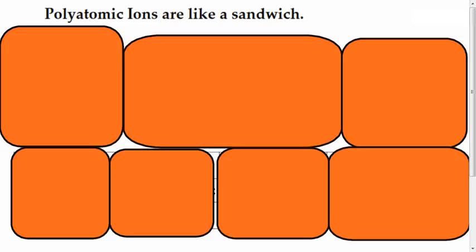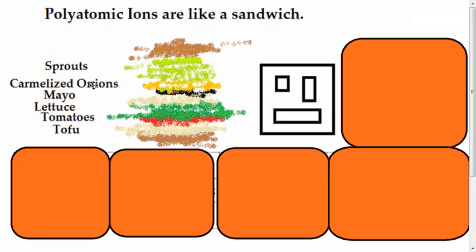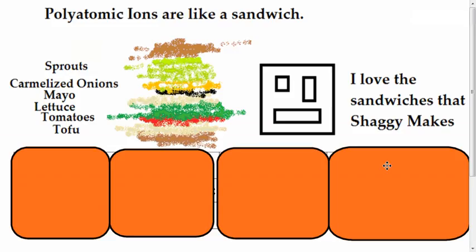Now, you could think of a polyatomic ion like a sandwich. Here's Dr. Square with his sandwich, and his sandwich has many pieces. It's got sprouts, it's got caramelized onions, it's got mayo, it's got lettuce, it's got tomatoes, and it's got tofu, and the black is olives. And then it's layered with 2 pieces of bread, and it looks like a sandwich that Scooby-Doo or